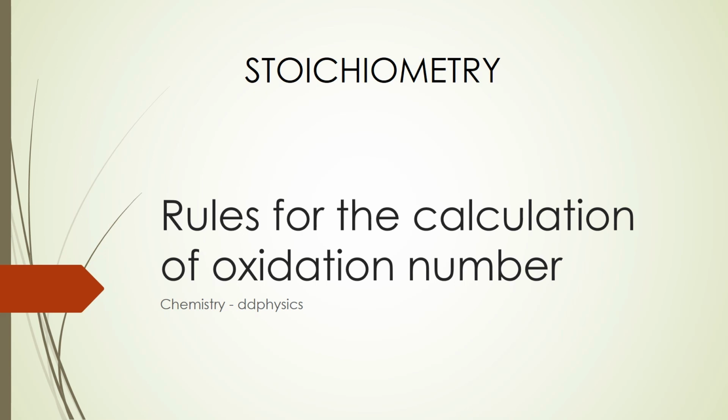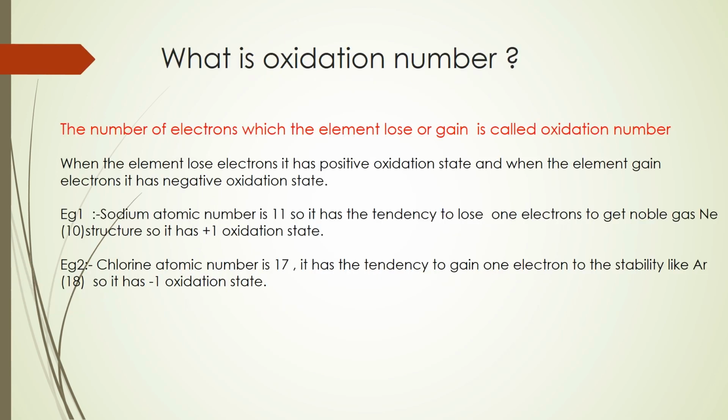Dear students, today I am going to explain rules for the calculation of oxidation number. What is oxidation number? The number of electrons which the element loses or gains is called oxidation number. When the element loses electrons, it has positive oxidation state or oxidation number, and when the element gains electrons, it